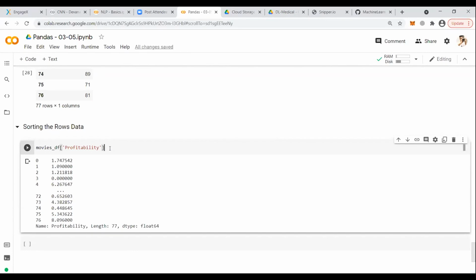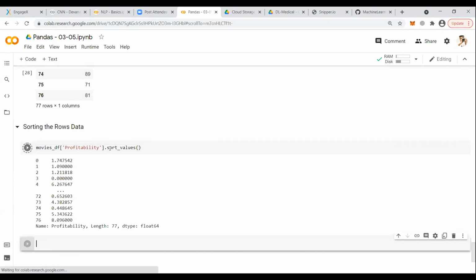Correct? I selected the column. Now remember class, I just said that if you want to select a single column, you can use a single square bracket. That is what I'm following here. But it is not only about selecting the column, which we have already learned, it is about sorting the values.